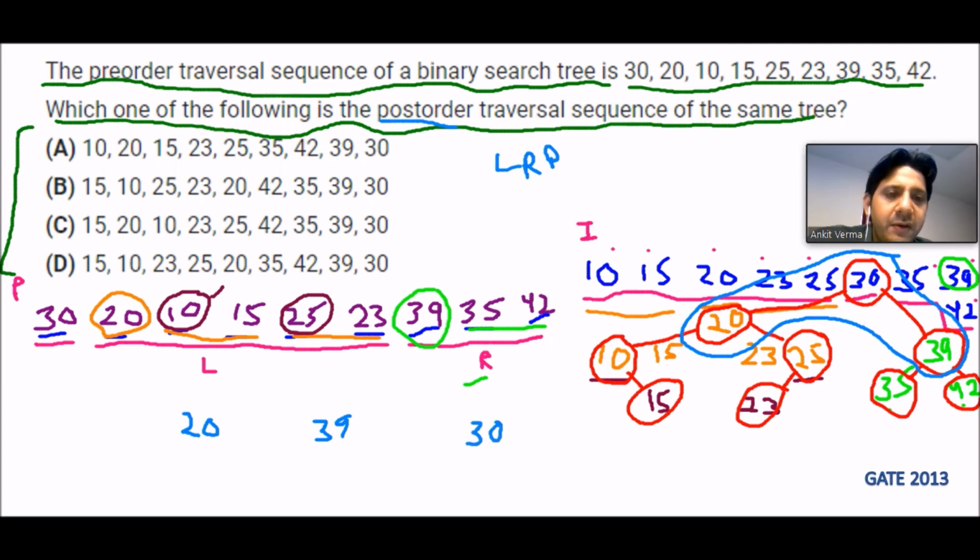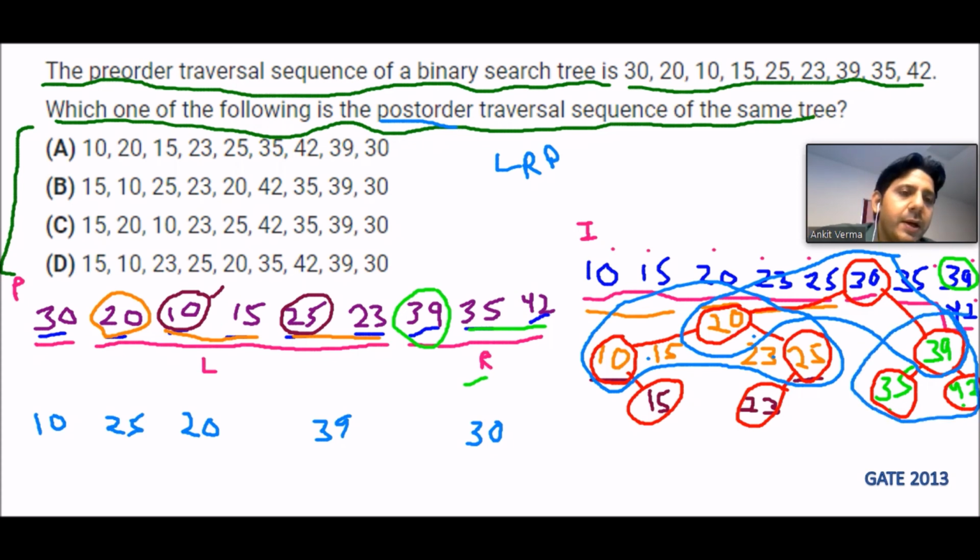Then we take this area, again left, right and parent, which is 10, 25 and 20. Now I'm checking this area, again left, right and parent: 35, 42 and 39.